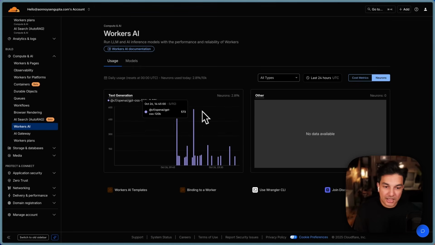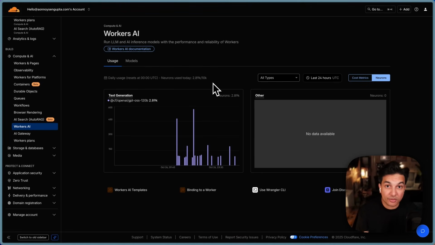Now, another thing to keep in mind is that because we're using OpenAI's GPT model, it's very expensive, both in terms of computational and processing and everything. Because it uses up a lot of resources, it's quite expensive. Now, I'm currently on Cloudflare's free plan, and Cloudflare is quite generous. And at the start of this video, I did mention that you get to use this all for free. At the moment, you can see that it's counting everything in terms of neurons. Again, I don't know what neurons are, but I can tell you this, that with every form submission, typically it takes about